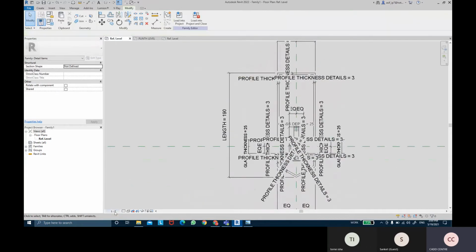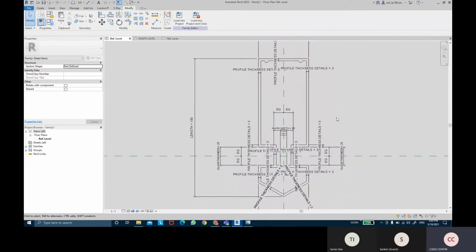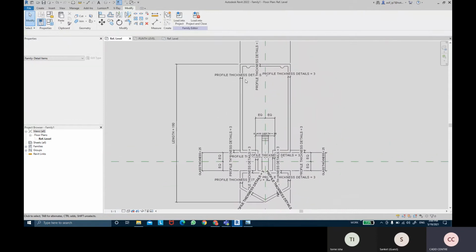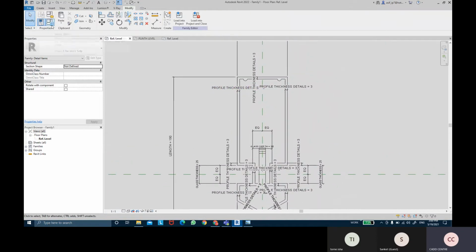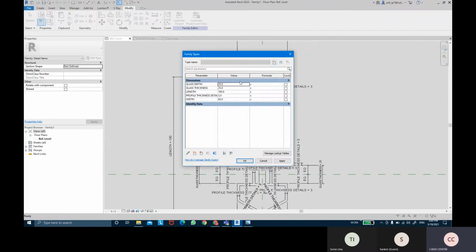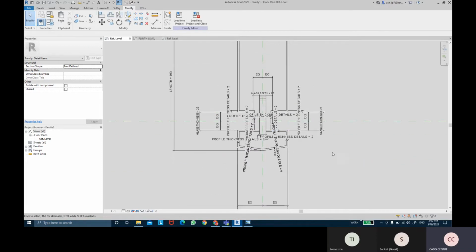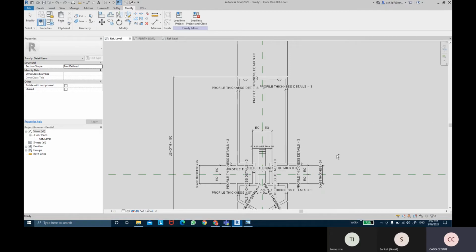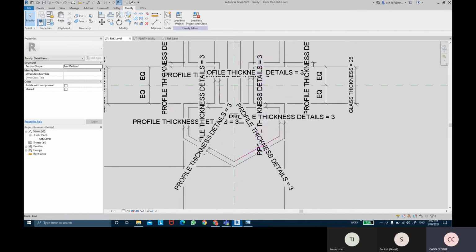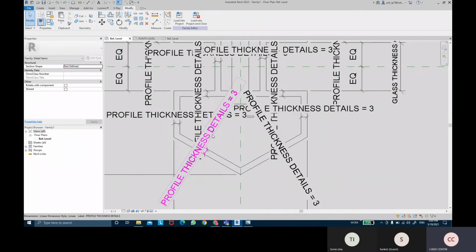It's very complicated right now because there's a lot of parameters that have been adding up. Coming to this family types, we can control the thickness as well. So maybe we just want 2 mm, we can do 2 mm of thicknesses as well. So that can be changed. This gets changed.